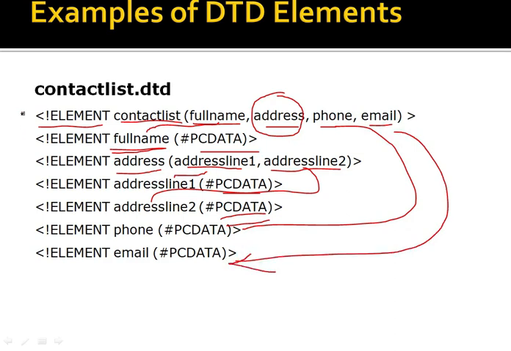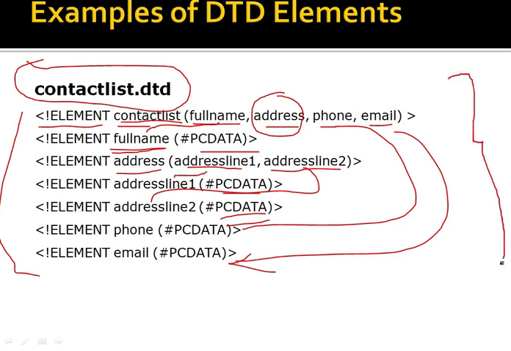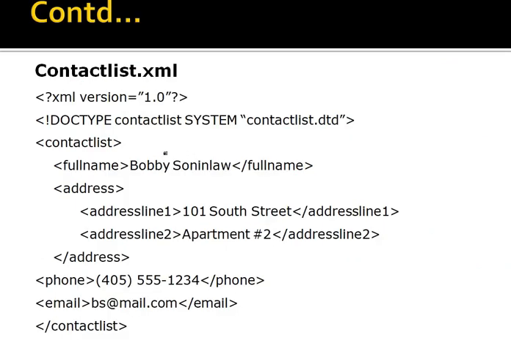So when you look at the XML file, okay, this is actually a DTD. What is the root element? Contact list, and the sub-elements are full name, address. Again, address can have sub-elements, children elements, then phone number, email. And if you look at the XML file, okay, this is a DTD, an external DTD XML file. So in this